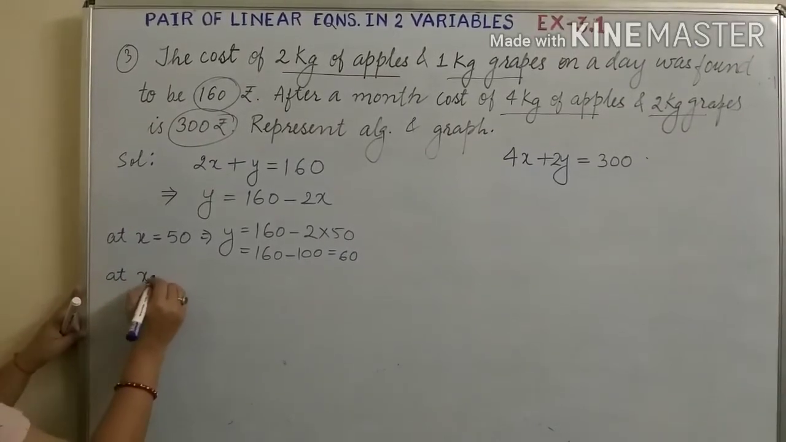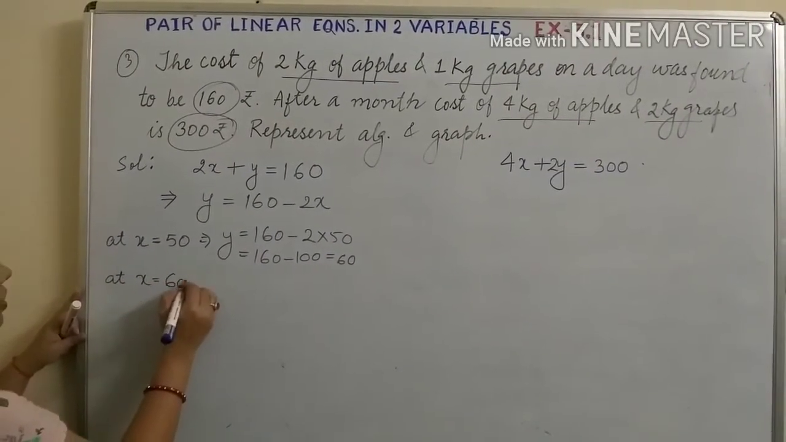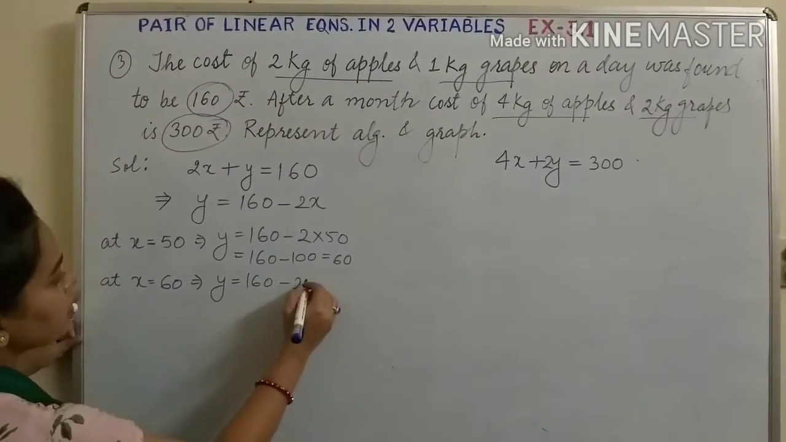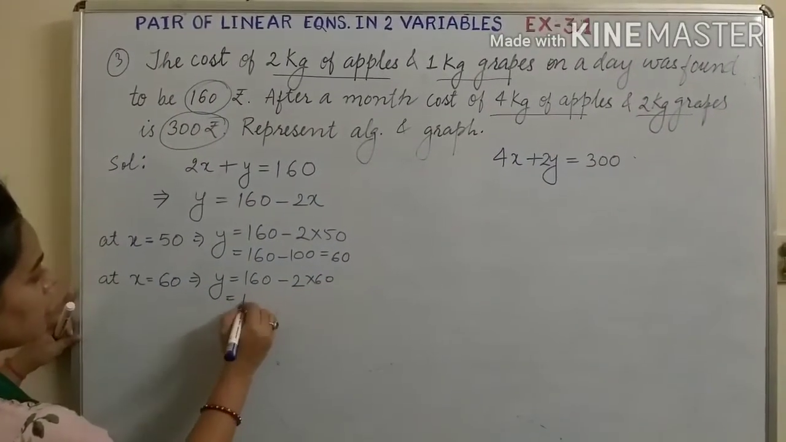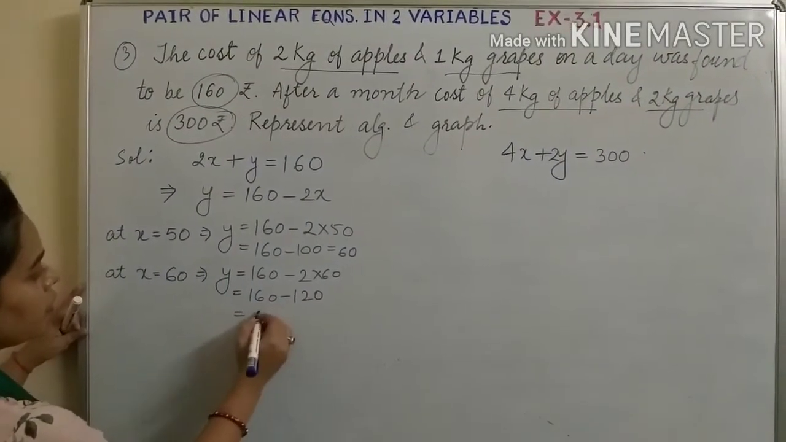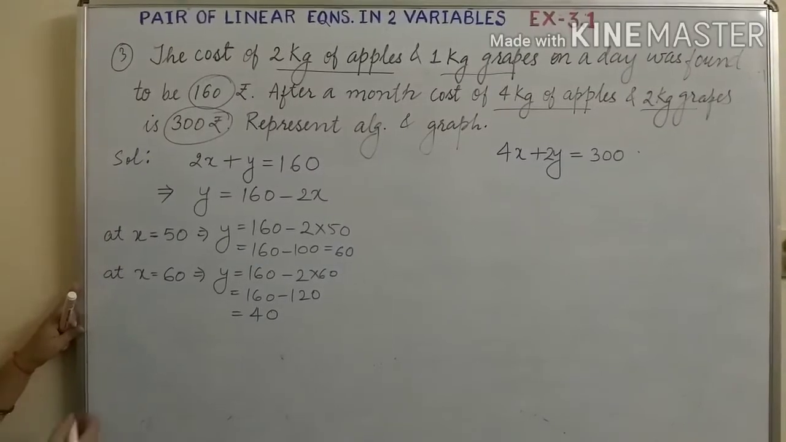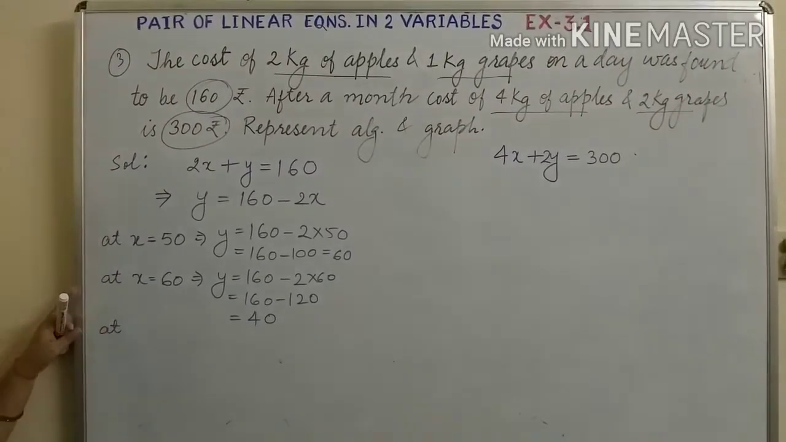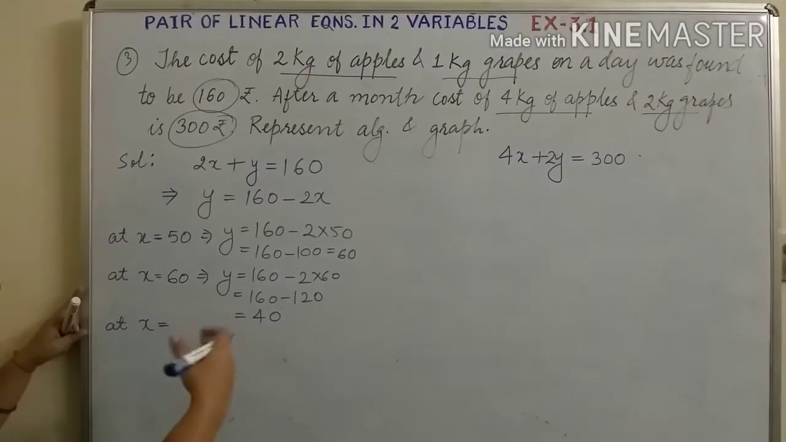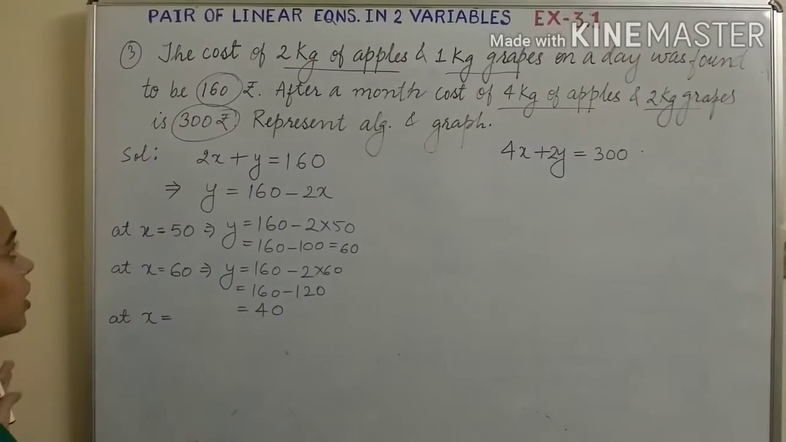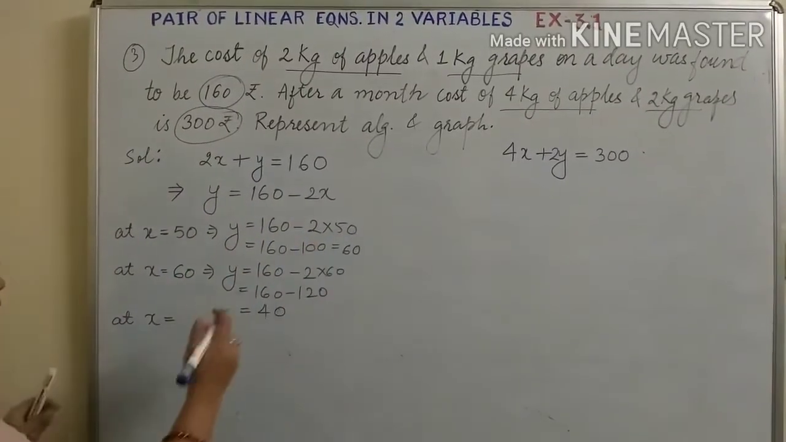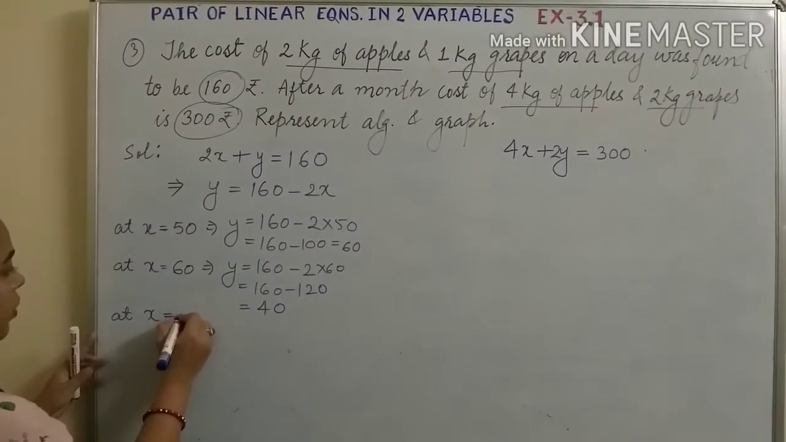Again, let x equal to 60. This implies y is equal to 160 minus 2 into 60, 160 minus 120 equal to 40. And now we will take at least 3 values, so that there are some values which are in common, because again the two equations are going to be the same. I will explain there. Now take x equal to 80,